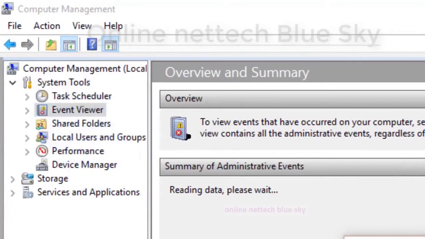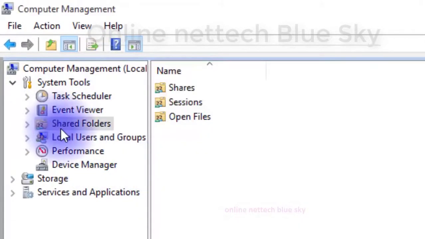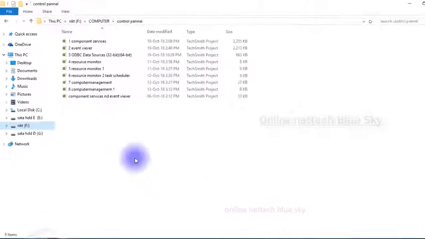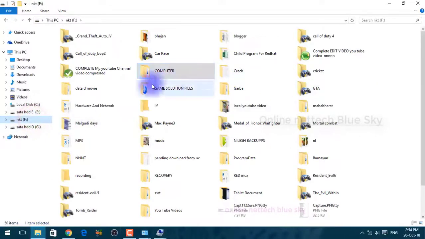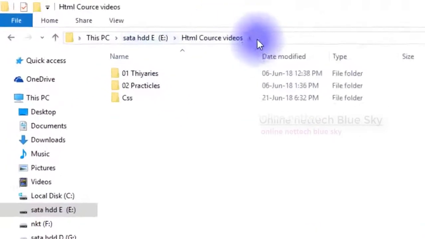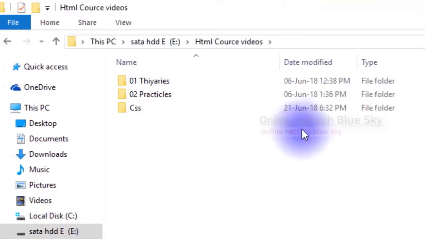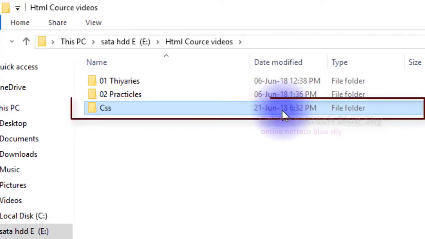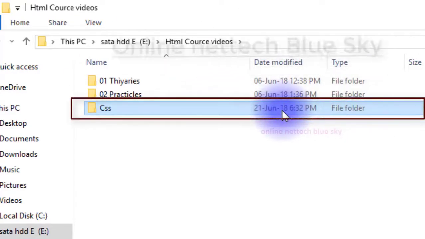You can see Task Scheduler and Event Viewer, which I already discussed. And what is a shared folder? Shared folder means you share a folder from one computer to another, so this works only for your network. This is my folder here, and I want to share it with another computer.